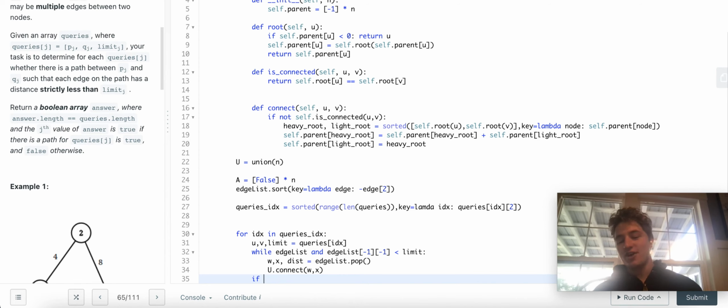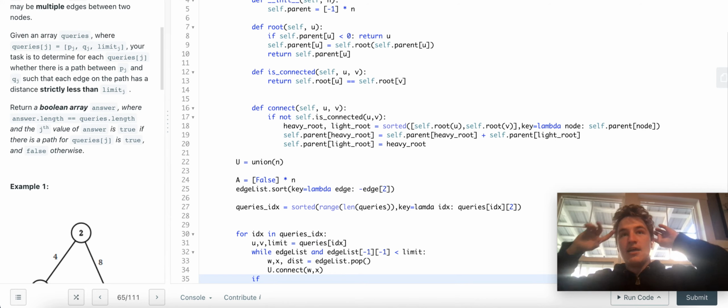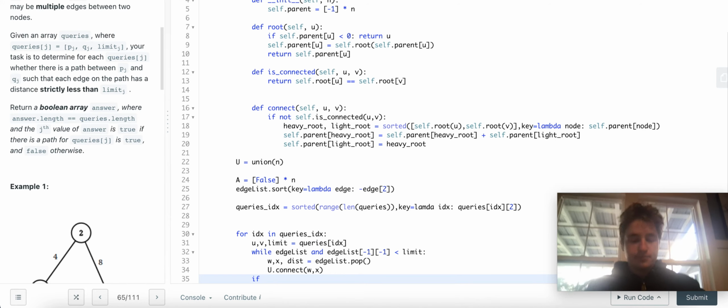costs more than $15. A toll road is basically a paid road. I'm going to remove all those roads from the path because you can't take them. So whatever's left then are roads that you can take, and those roads must have a value of less than 15, right? So if I can connect you by only using all the roads that are less than $15, then you'll be able to get there. Okay, so if they are connected,